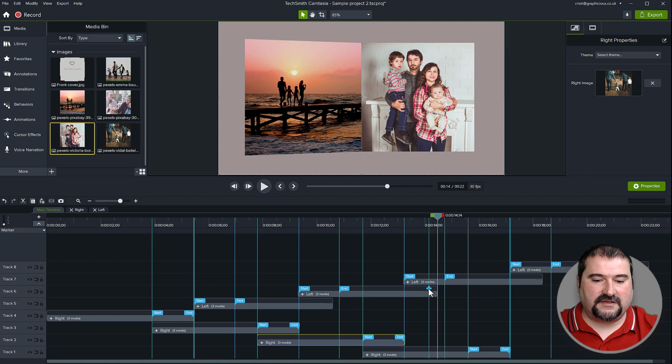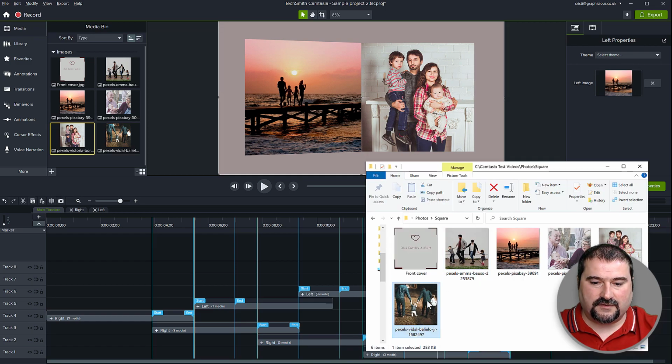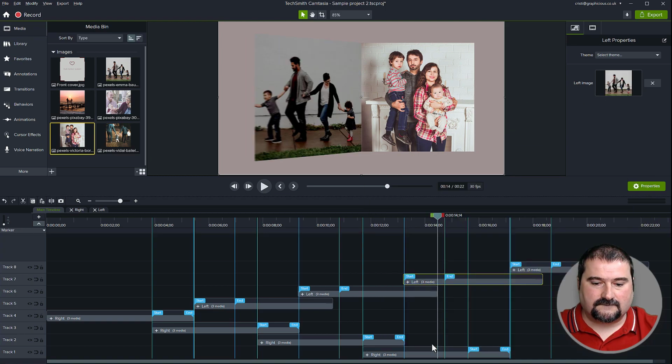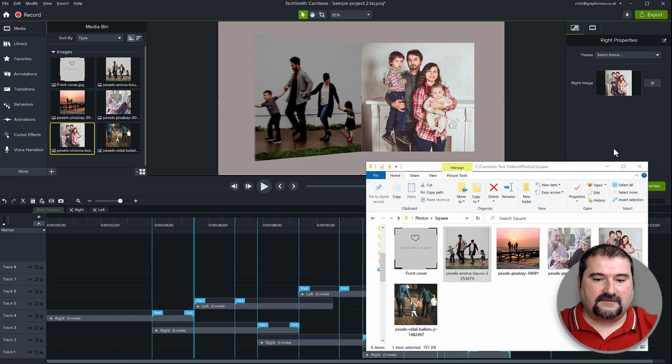Here we go. Again, they repeat in here, so I'm going to just swap them with... I'm running out of pictures anyway. So I'm just going to put this one again. And for the right one, you can always also click on this and change. Camtasia is going to ask you to browse for an image. So I'm going to use this one with the old people again.